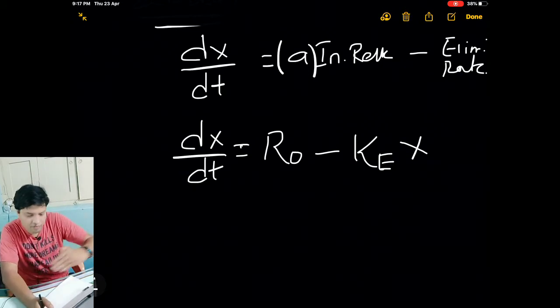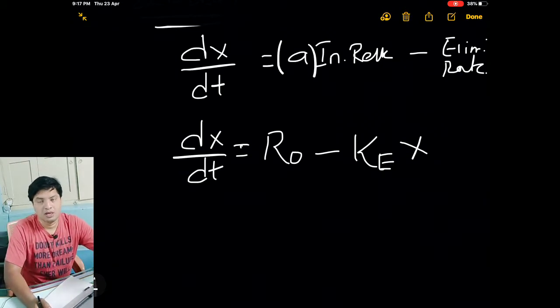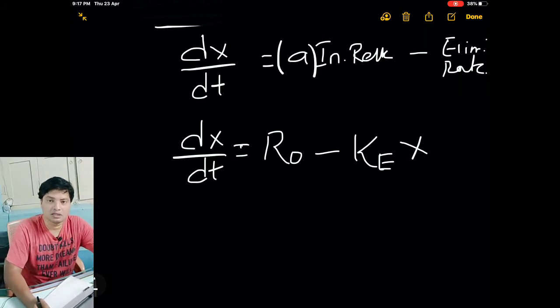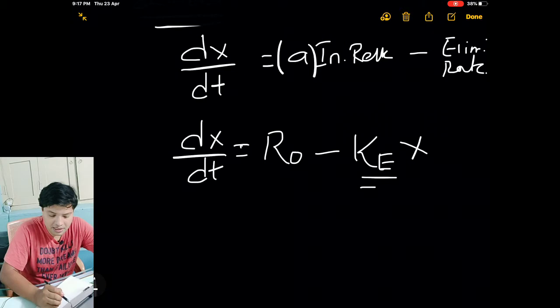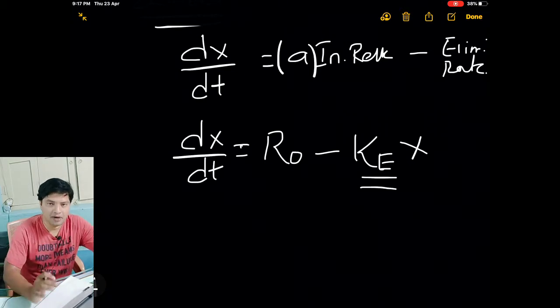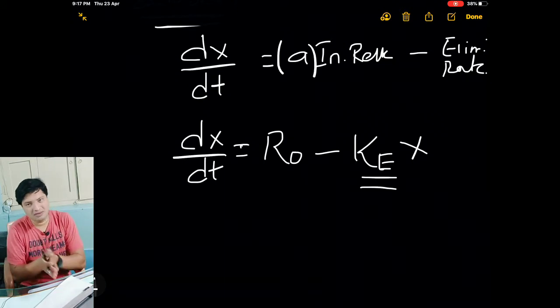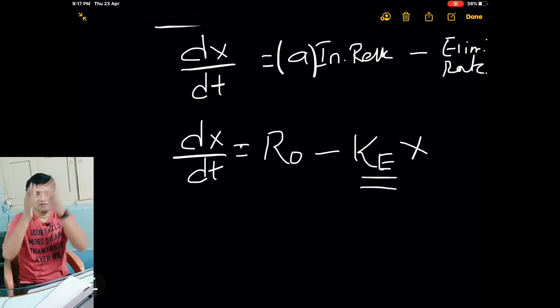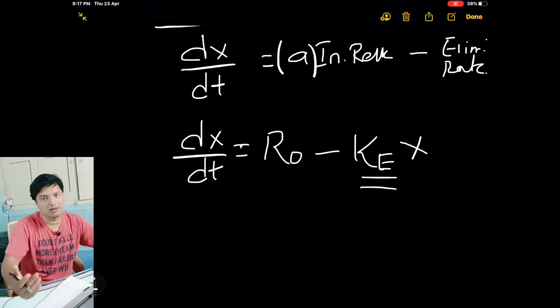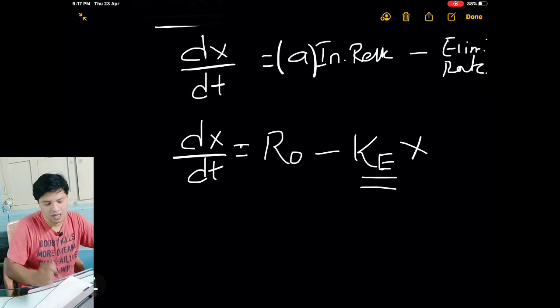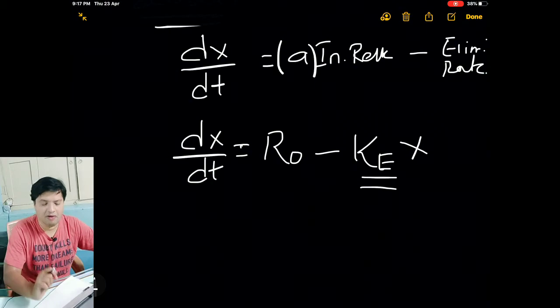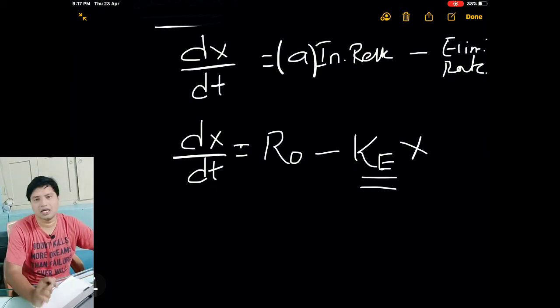This is how we start the mathematical equation. Now we need to modify this equation. With some mathematical treatment, we will try to derive the equation from which we can determine this KE. Our aim now is to derive an equation which can determine the KE as well as the half-life and clearance. We will first derive that equation which can determine the value of KE, the elimination rate constant.